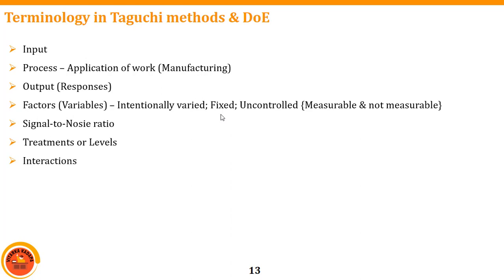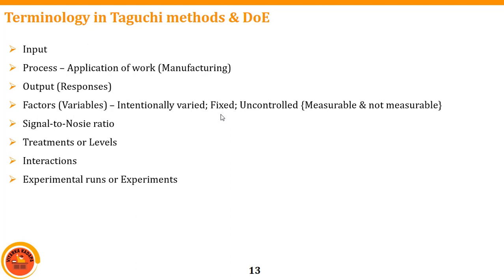Interactions: it's a combination, so it contains two or more variables. When two or more variables are there, we try to check the effect. Suppose I am having a fever. I will take a normal paracetamol tablet. But if fever is there and simultaneously I have a headache also, I have to take a combination. So that is a medicine which gives me a combination to reduce both fever as well as headache. That is called an interaction. The same thing will be there in real-time applications also.